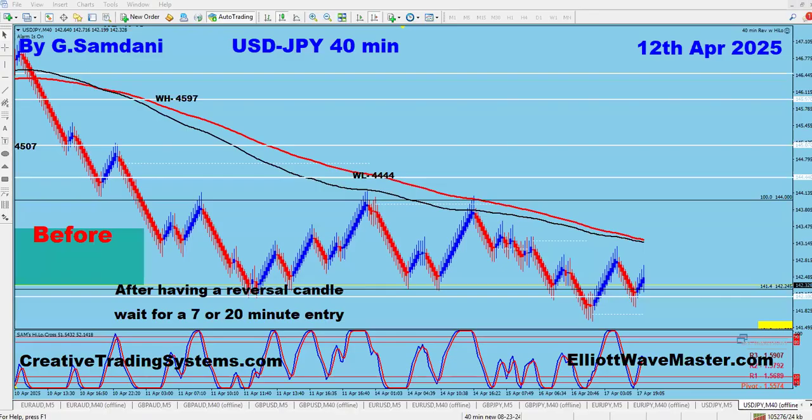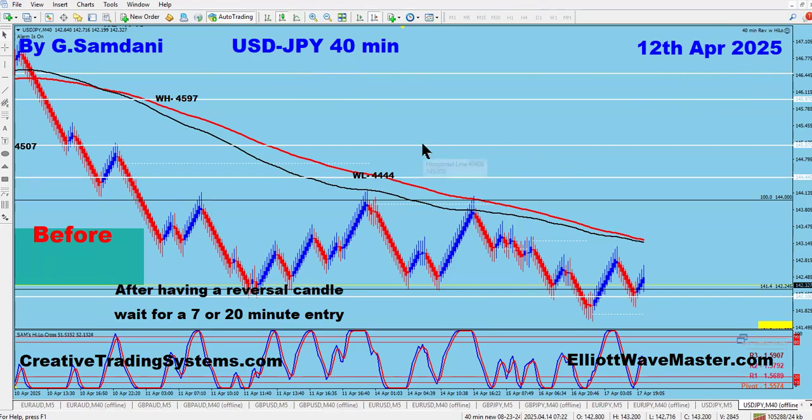All you have to do is, once you get my chart of the setup, or if you think that this thing is going to go up or go down, as soon as you see a sign of the price moving, like in my case, I have a 40-minute alarm as well. As soon as we have a reversal candle, the alarm beeps on a 40-minute chart. Immediately we go and start watching a 7-minute and 20-minute chart for entry. If the entry comes in, the EA will automatically take it. So once you have this reversal candle alarm beeping on a 40-minute chart, you